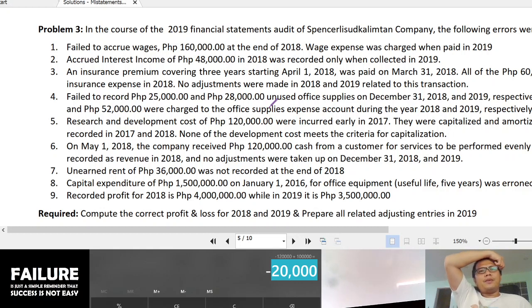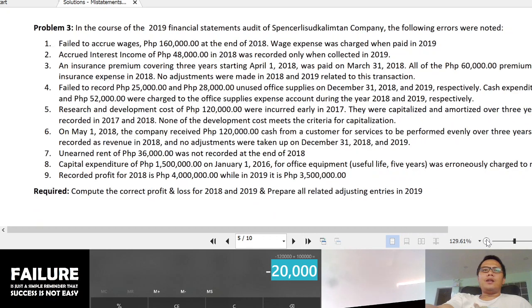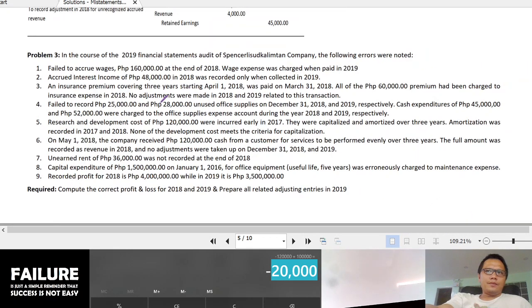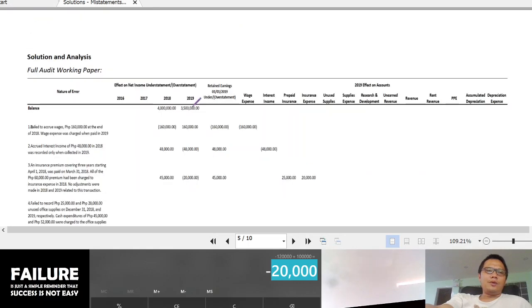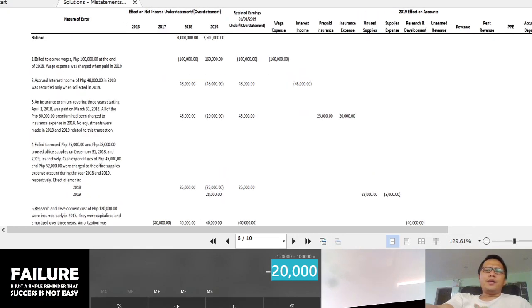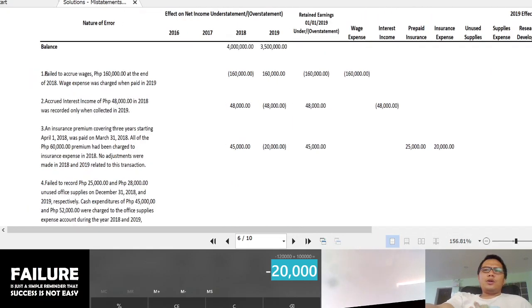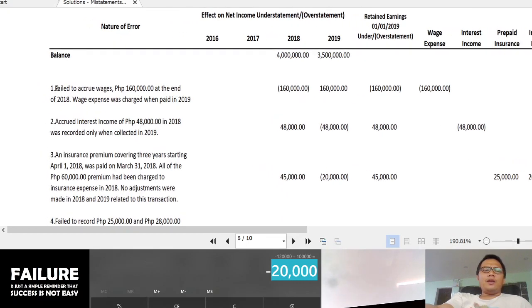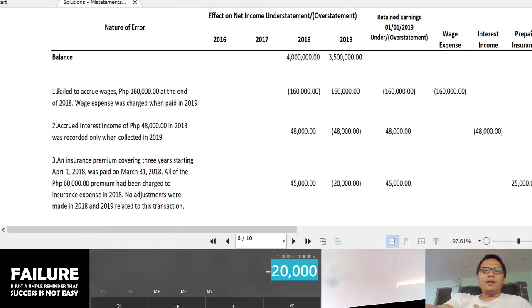So, next problem. This is still an exercise for failure to recognize accruals and deferrals. So, failure to recognize accruals or deferrals pa rin to. So, let's analyze one by one. For the number one error,